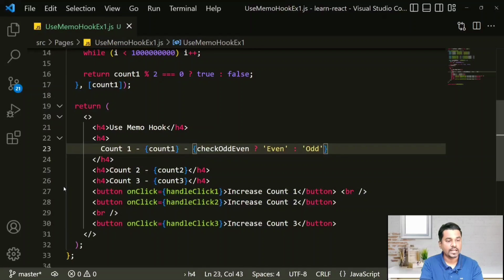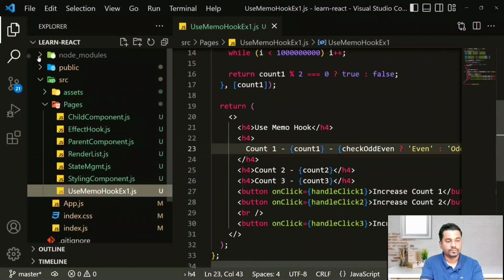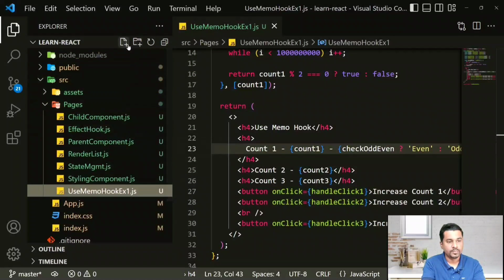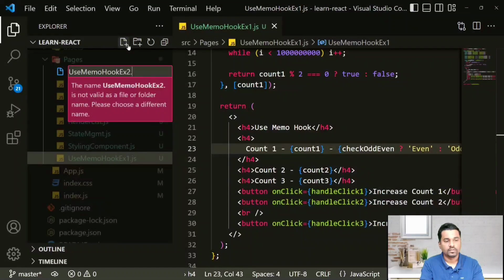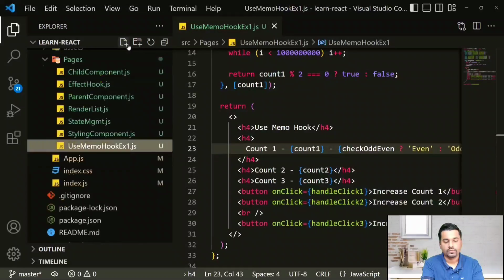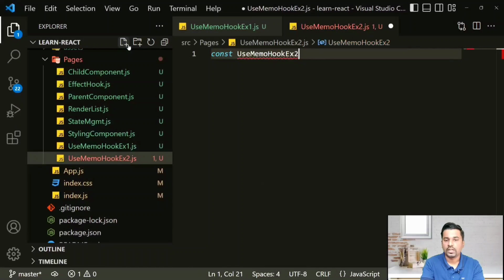Let me quickly do that. useMemo hook example2.js, const, my function, I'll be pretty fast. H4, use